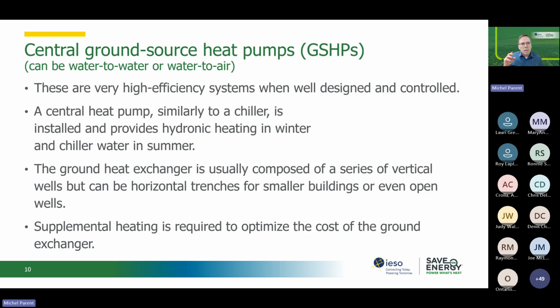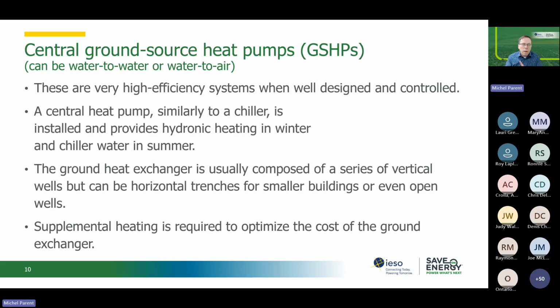If you've got a central ground source heat pump, this is typically water to water. It can be water to air, but typically will be water to water. This is the one type of heat pumps where when you integrate it into your BAS, it's unlikely to have supplemental heat, but it's not impossible depending on how the system was sized and the temperature levels that you will require. But typically, what you want to make sure, again, is to have that integrated properly into your BAS, because the performance of that system will be highly dependent on how well you control the supply water temperature in that